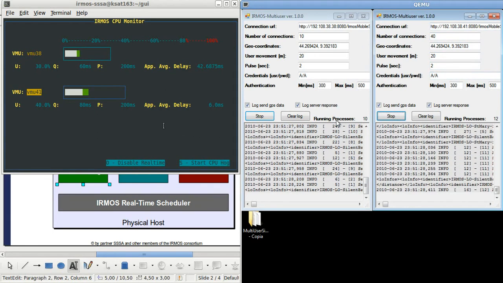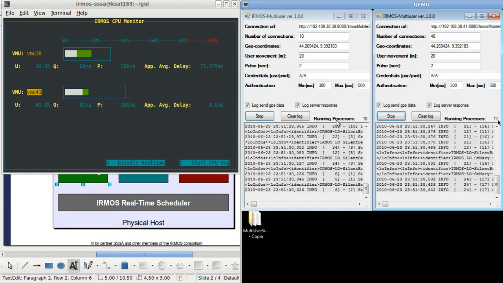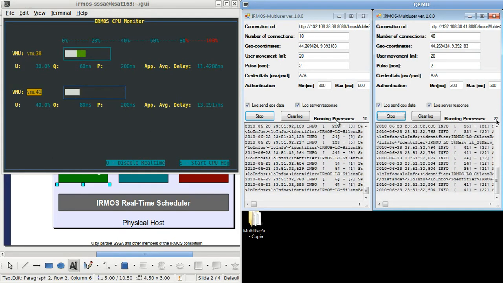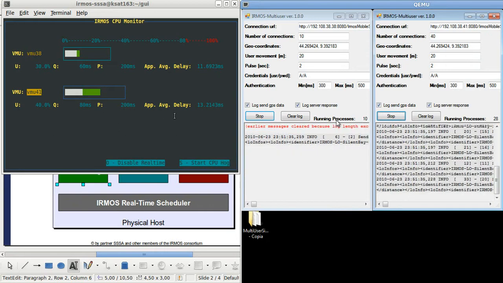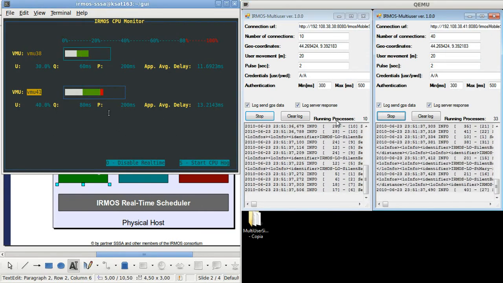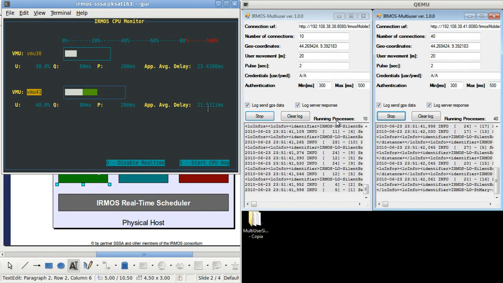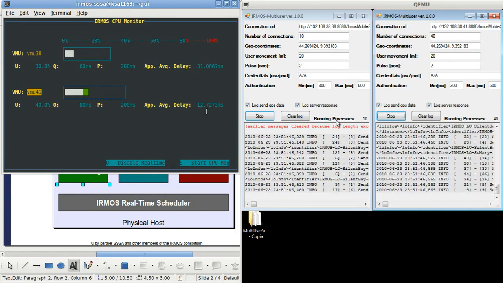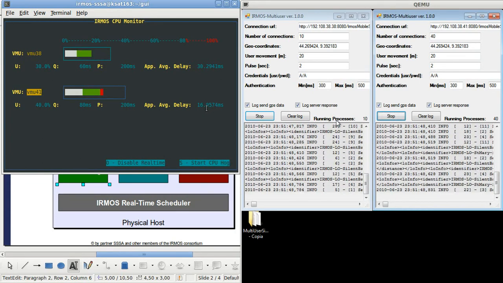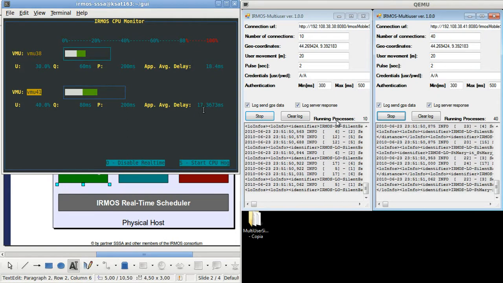And what we get now is that, as you can see, the users progressively log into the server, and so the average delay of this virtual machine at last achieves values again in the range between 10, 15 and 20, 25 milliseconds.